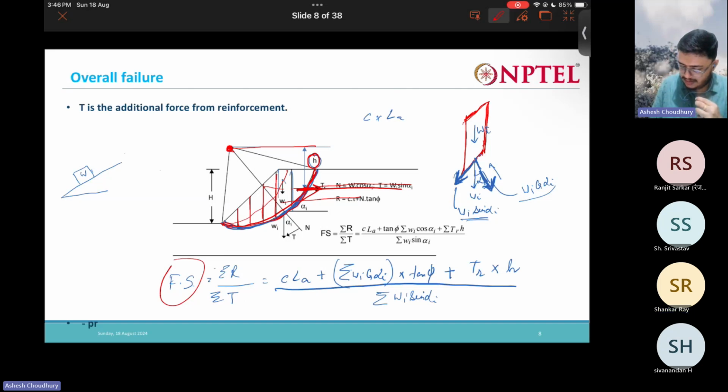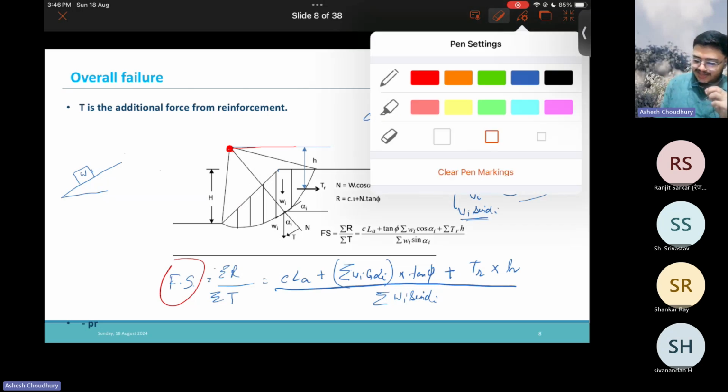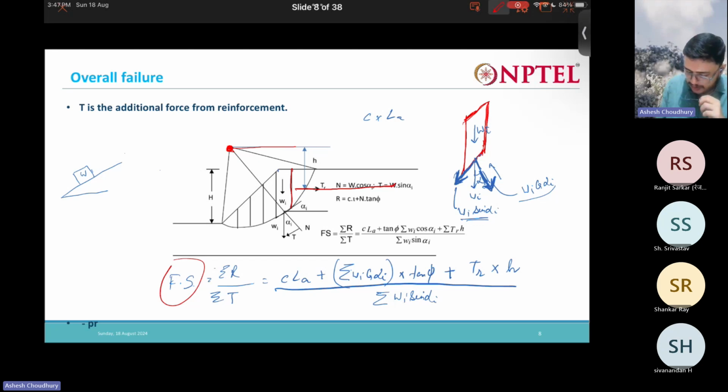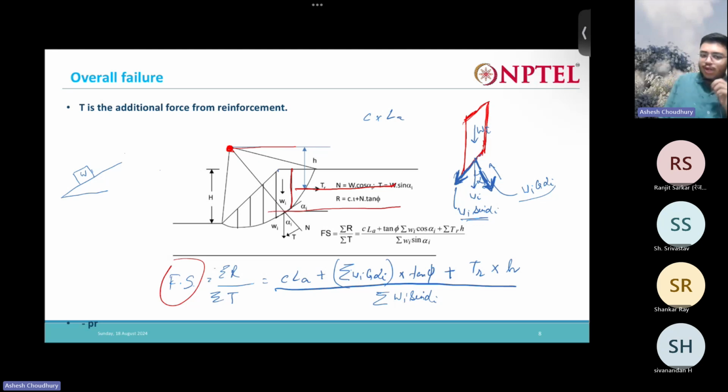But in the formula, it will be hi. Here we have written h because we have considered just one T, that's the reason. Otherwise we will have hi for the other components. In this case you are considering that only one reinforcement is there here. Now say one more reinforcement would be here, then one more we would have considered. Like that.